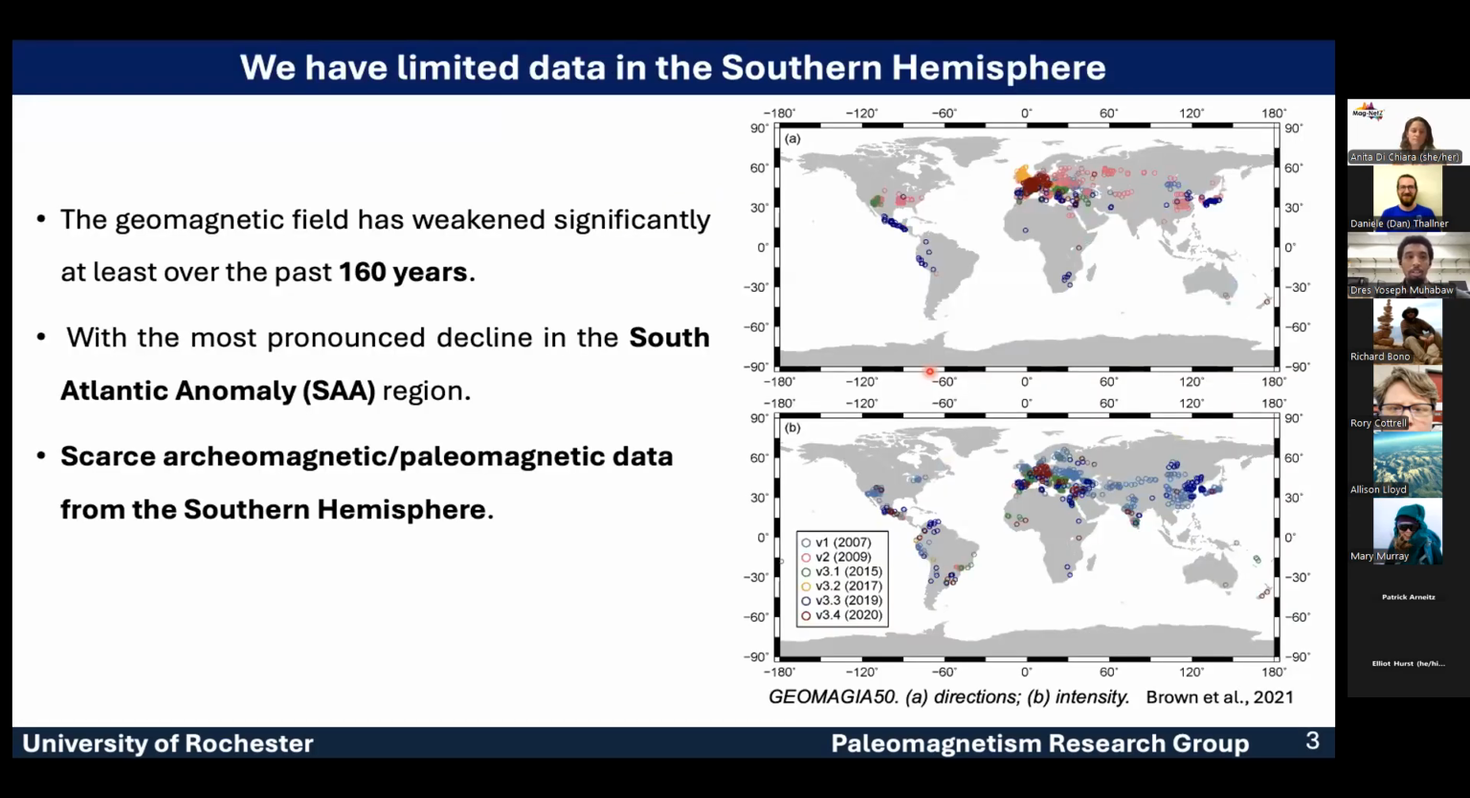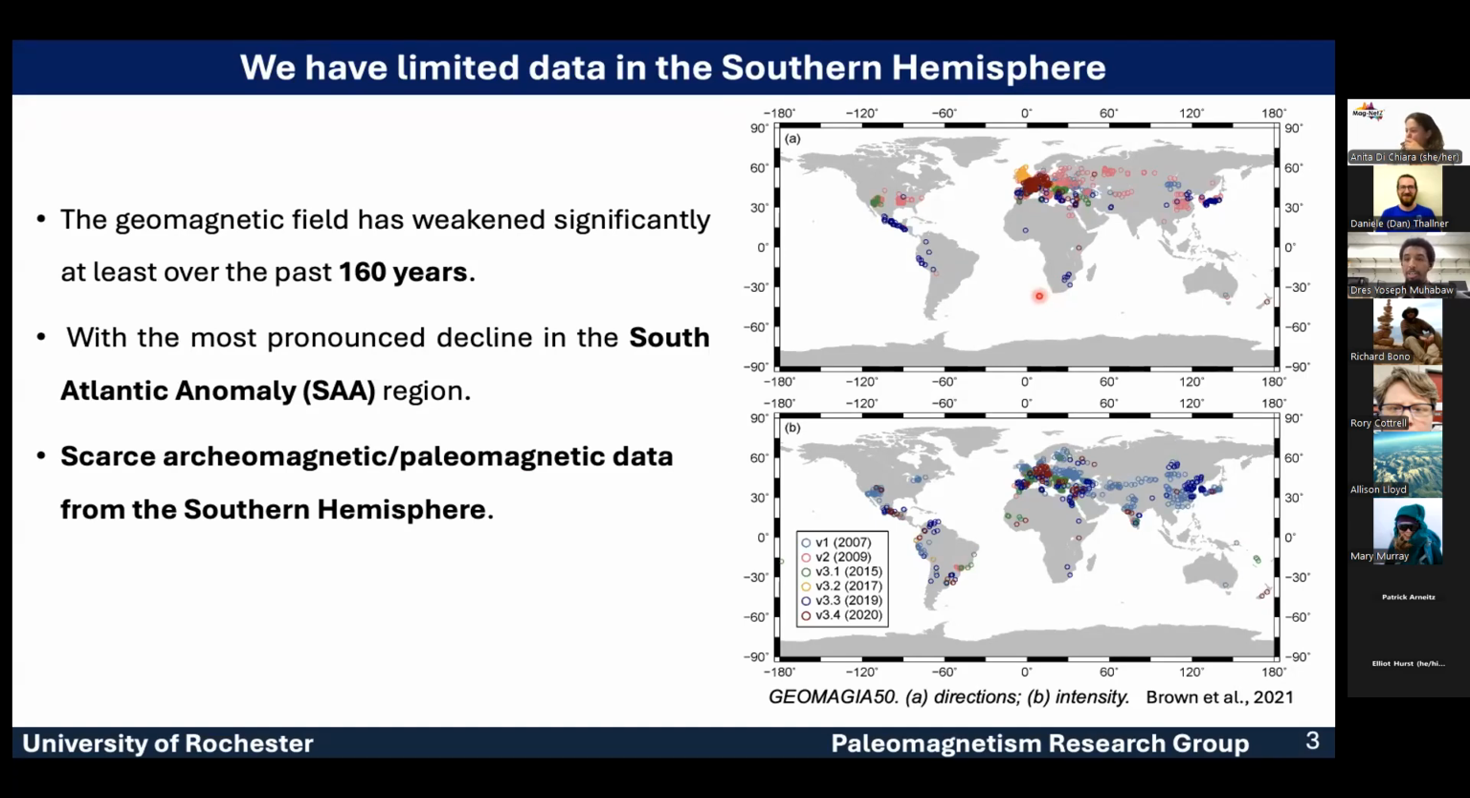The Earth's magnetic field has weakened significantly, at least over the last 160 years, for which we have direct measurements. This decline is most profound in the southern hemisphere, in the South Atlantic Anomaly region. Yet even though this area is very important for understanding the Earth's magnetic field behavior,